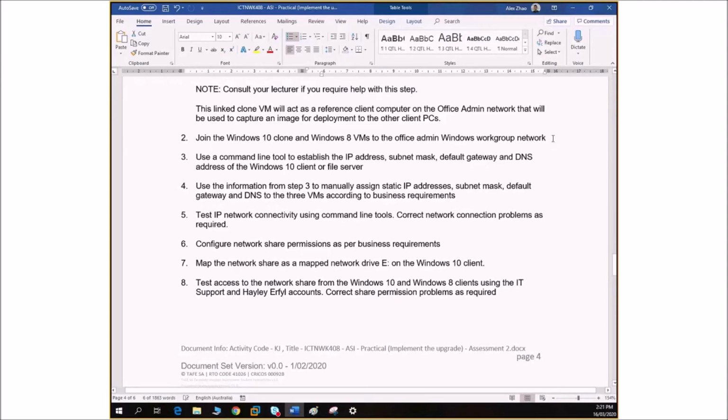You use the command line tool to establish an IP address. So basically, how do I find out the IP address of a computer? That's detecting whether there's connectivity. How do you find out the IP address of your computer? ipconfig /all, okay? That will show me all of that stuff. Capture it,